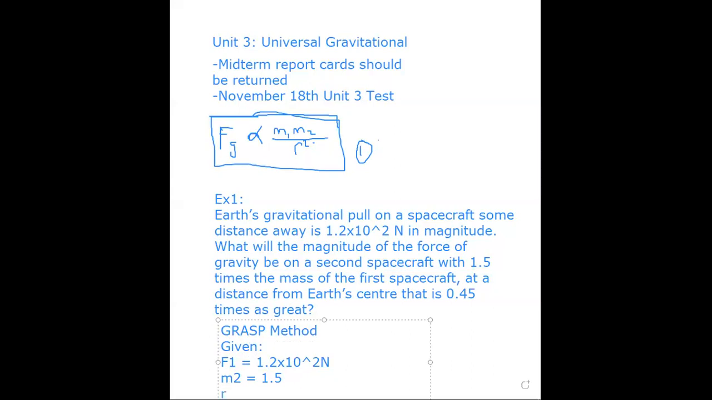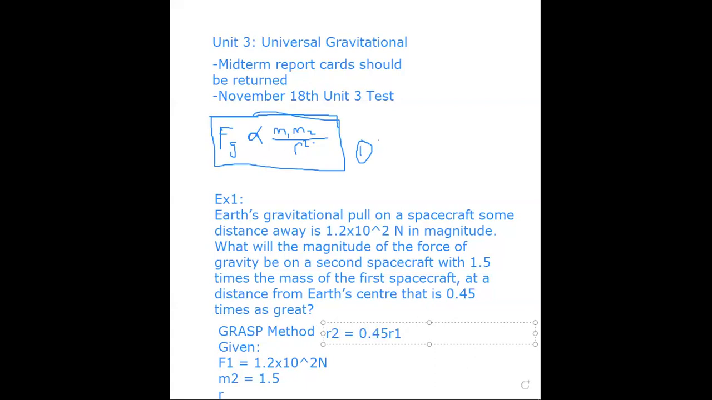And then r squared, r2. Okay, so the question: we've got to find what the force of gravity is on the spacecraft, right? So in this case, I'm running out of space. Okay, so we have 2 is equal to